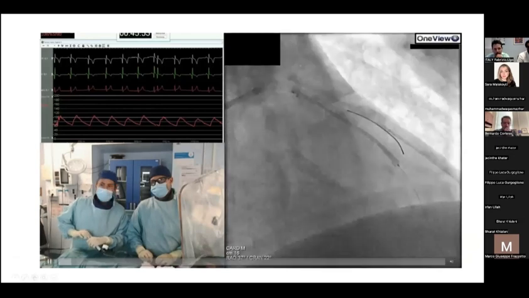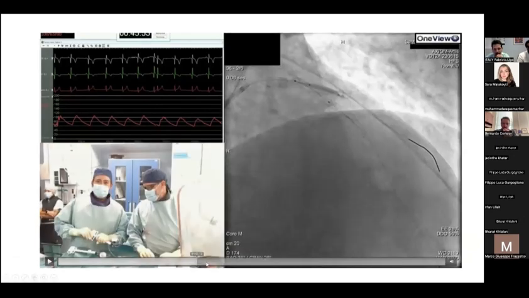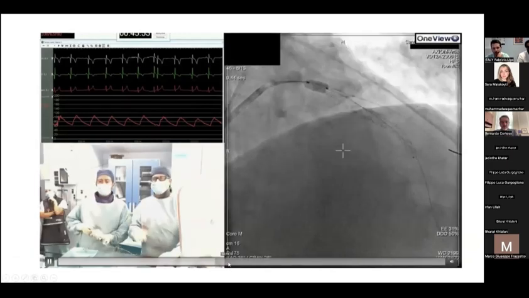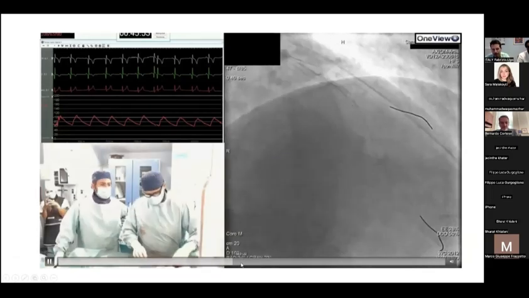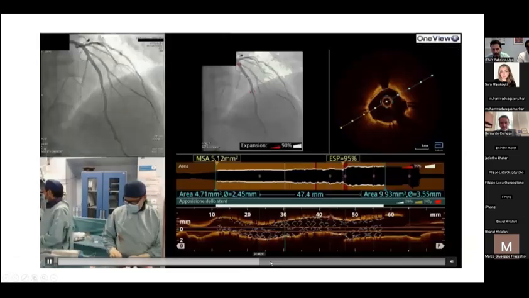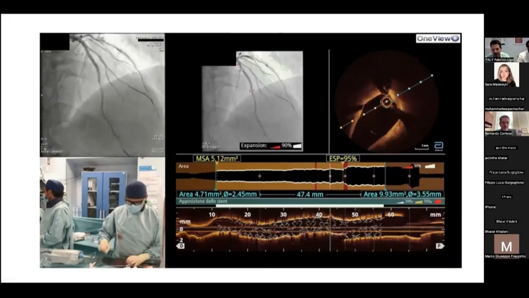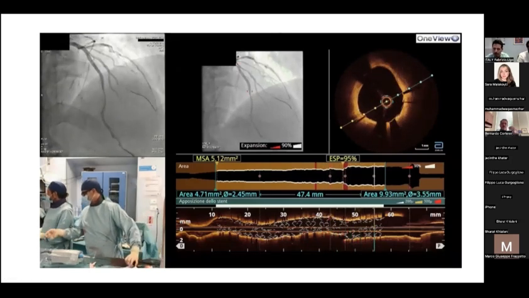By the way, I can go faster here. I pass the side branch, the pot, oh my God. Real bifurcation. This is the final result here. And after that, I check with the imaging the result after putting a stent, the diagonal, look here, the bifurcations,